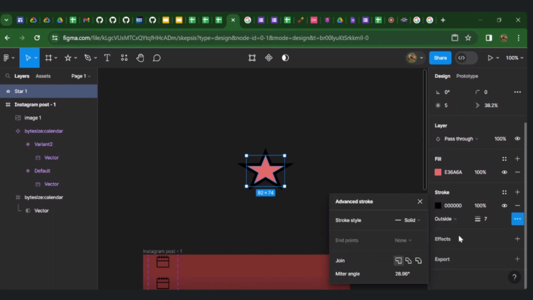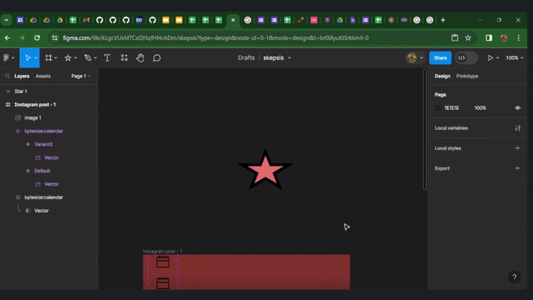You can go here and in case you do this round or bevel, this is a miter and the angle is just this one because there's an angle between the legs of the star as well. This is solid, you can do dash or even custom if you want. This is mainly used for stickers and stuff. The next thing we have